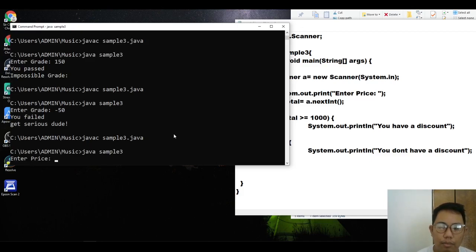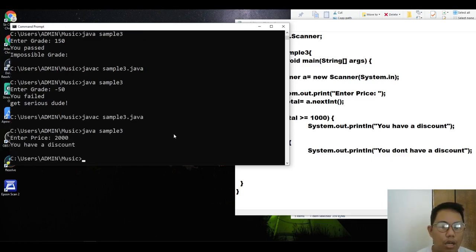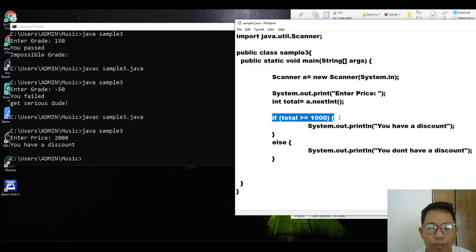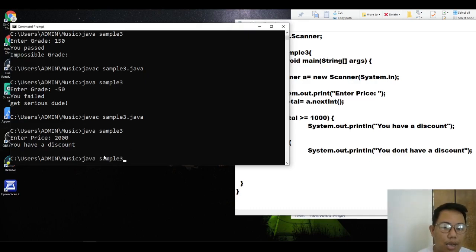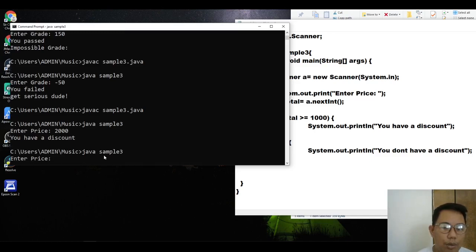Okay, enter price. Let's say the customer got 2,000. So when I press enter, it's saying you have a discount because this statement is true, right? It's greater than or equals to 1,000. 2,000 is definitely greater than or equals to that, right? So that's why it's printing this one. The code else here, meaning if it's the other way around, let's say the output here is 50. So when I press enter,